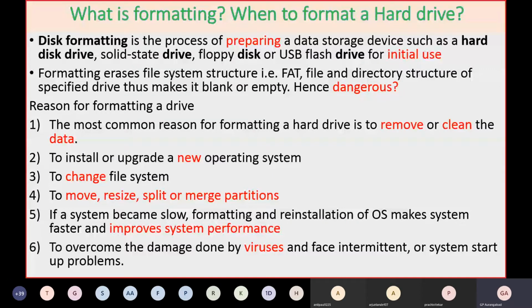But as I said, format is really a dangerous command. Dangerous in the sense that by mistake, if you select the wrong drive and it is formatted, then it is very difficult to recover your data. Sometimes, if nothing has been overwritten onto it, it is possible to recover formatted data sector by sector or track by track. But you should use it carefully. Remember, once you have formatted, you are not going to recover that data. So make a decision very judiciously, very carefully whenever you want to format a disk, and be careful which drive you are formatting.